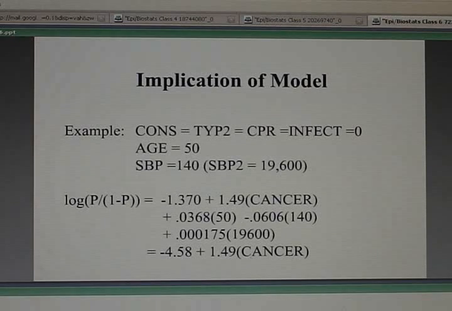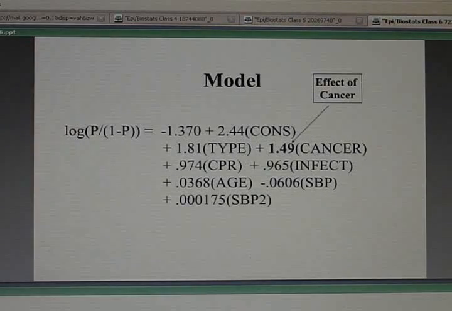Let's suppose that person's 50 years old. Let's suppose that person's blood pressure is 140 millimeters of mercury on the systolic scale. That means his squared blood pressure is 19,600 if you multiply 140 times 140. If you plug in these values, in other words, plugging the value of 0 for consciousness, 0 for type, 0 for CPR, 0 for infection, 50 for age, 140 for blood pressure,